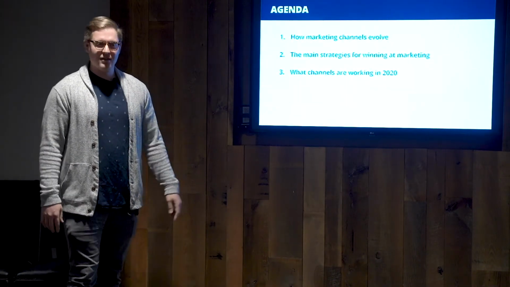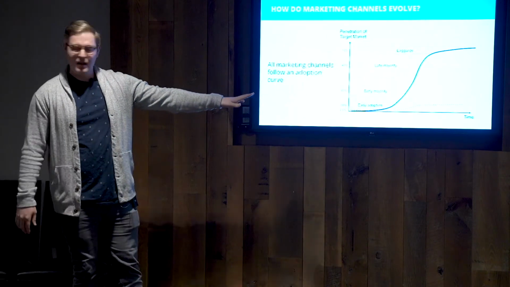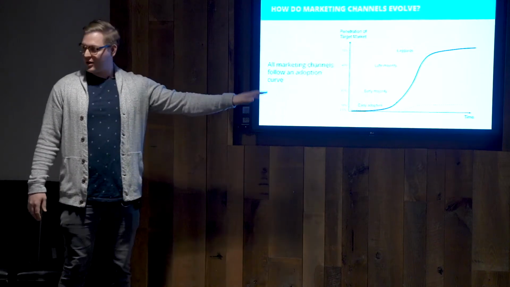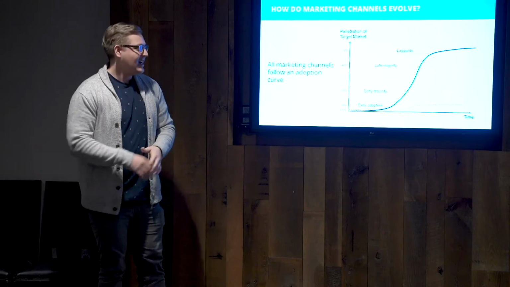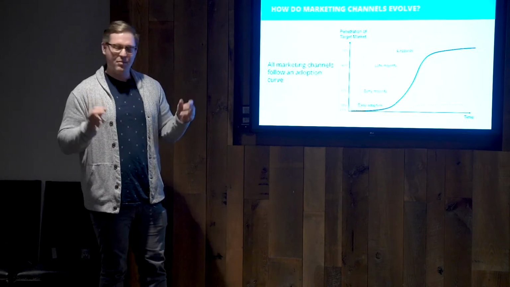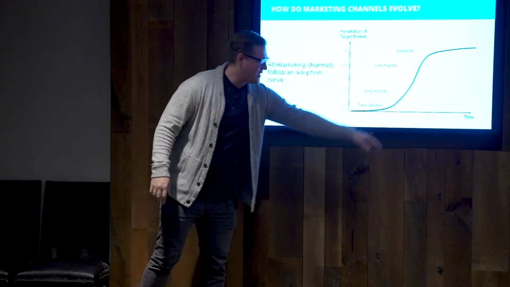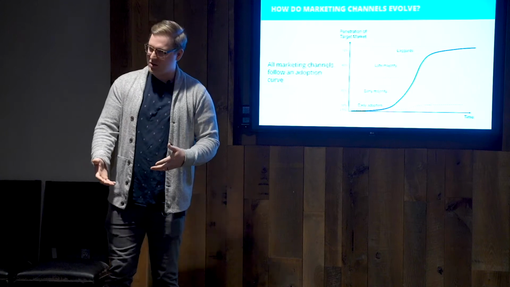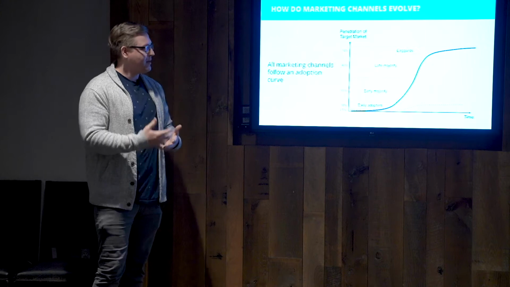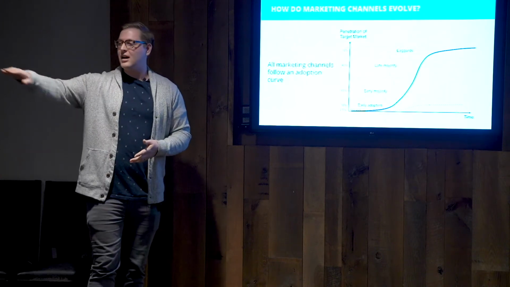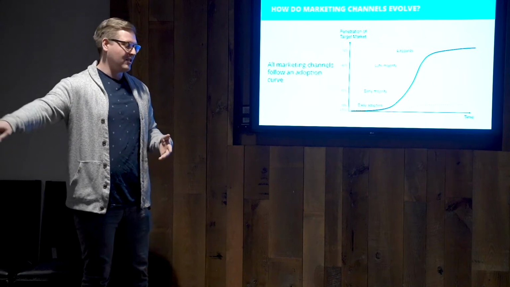Next slide, please. All right, so you guys may have seen this graph before. This is what's called the product adoption curve. This is how, when a new product is brought to market, it is adopted by the mass market or not adopted by the mass market. So this smaller line here is what happens when a new product gets brought to market, and you have the innovators, the early users of the product, maybe some adopters, and then it flatlines and just plateaus as time increases in the future.